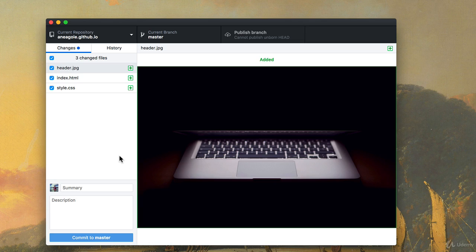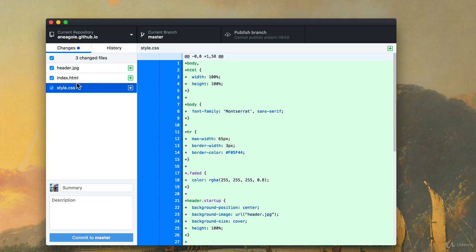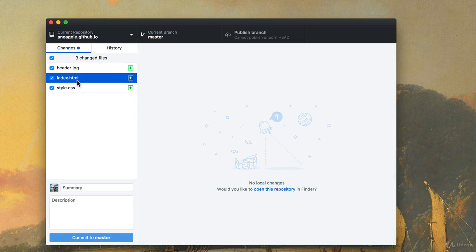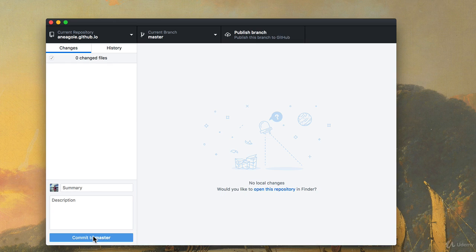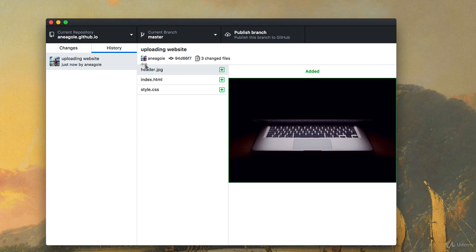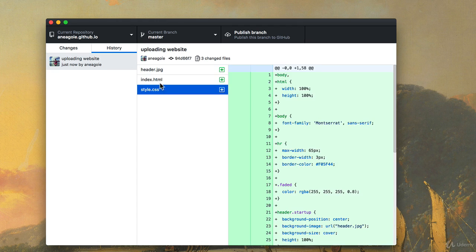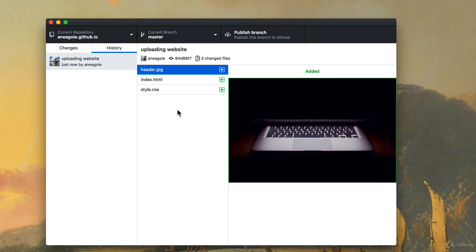And now you'll see that you have these three files that you've just added. All we need to do now is just write a summary of this. So uploading website, and then commit to master. You'll need to add a summary in here, otherwise it won't let you click. You click on that, and again, something happened, some magic, but if you click on the history tab, you'll see that your files are still there. And the final thing you're going to do is click this publish branch button. If you click on this,